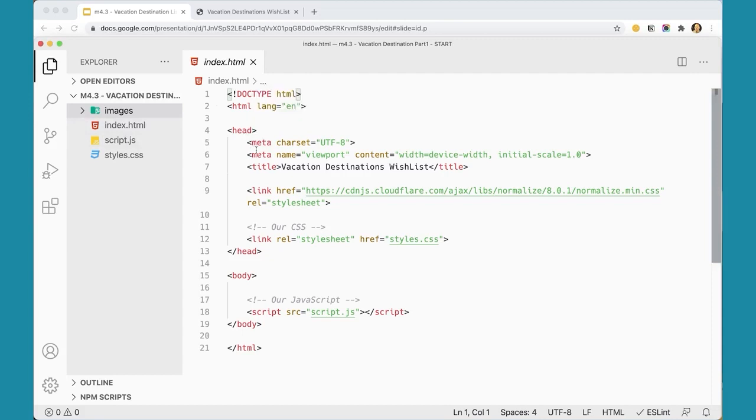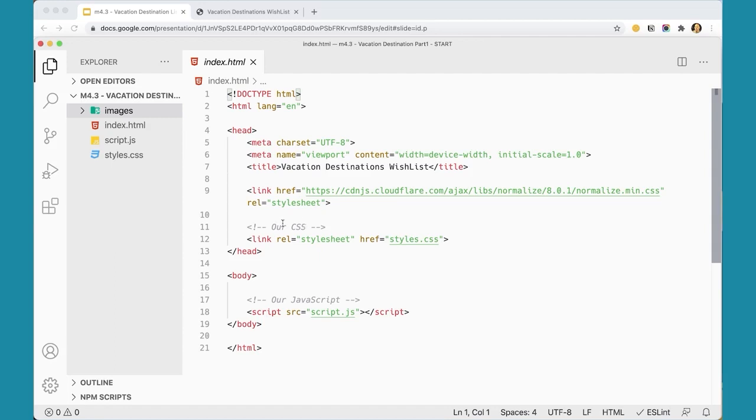Other than that, the page is fairly simple. We've got a link to the normalized CSS script, which all that does is make sure that different browsers render pretty much the same way. It sort of normalizes the differences between different browsers in the way they render things so that you don't end up with a different looking page in a different browser. Usually it's just minor things like different spacing and stuff like that. But that can be frustrating if you're a designer and you want it to look a certain way and it